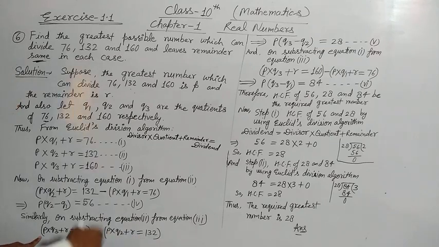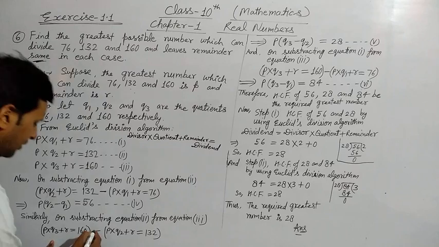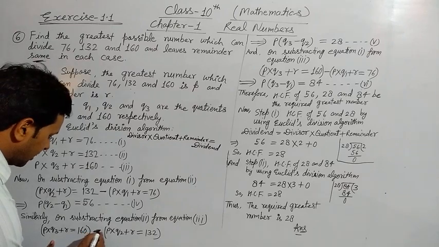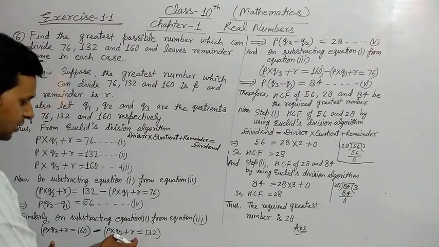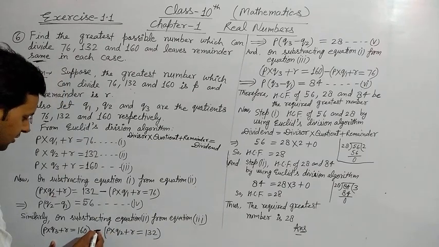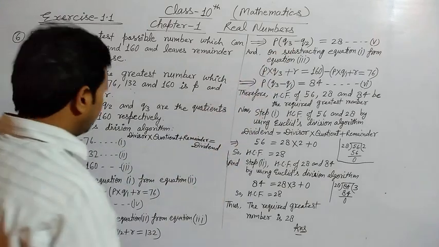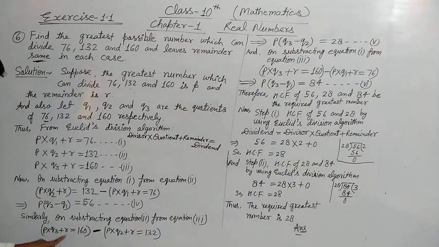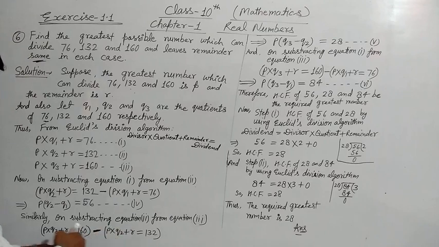Now P is common, so we take P in common. Q3 is taken here. When we open the bracket, the minus changes the signs of the terms inside the bracket. So here Q3 is plus, Q2 is in minus. Again R is plus, but when we open the bracket it should be converted into minus. So plus R and minus R are cancelled out.